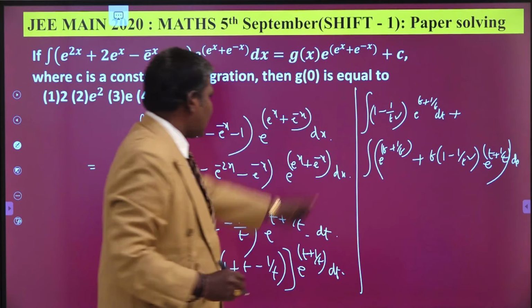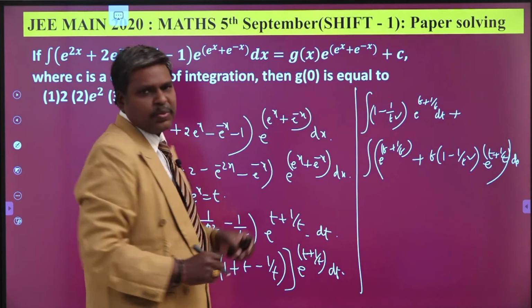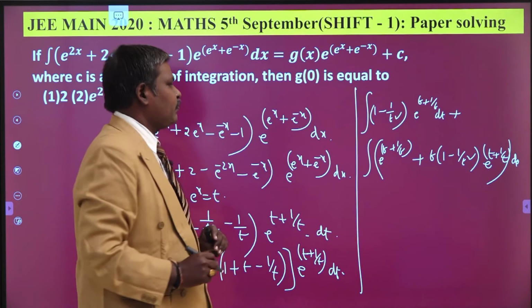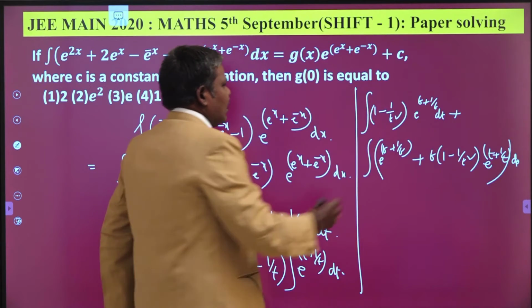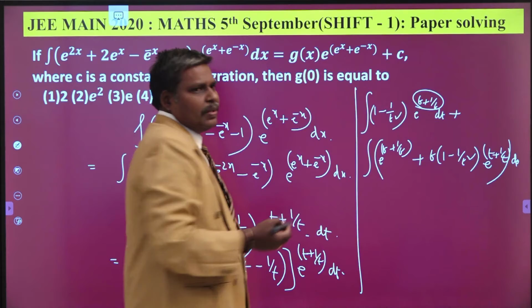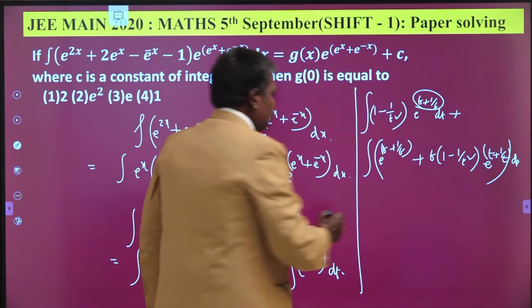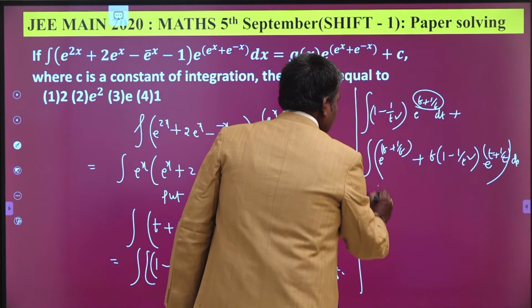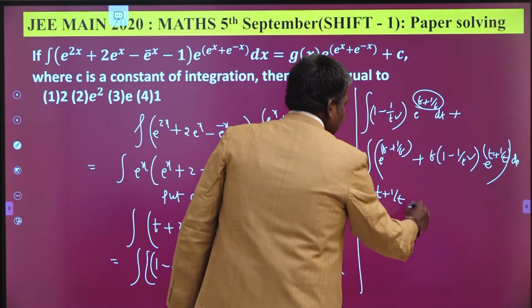These two steps are very, very important to solve this problem. See here, when you take this one as p, this is dp. Integral e power p dp means e power p itself. So this is nothing but e power t plus 1 by t, plus